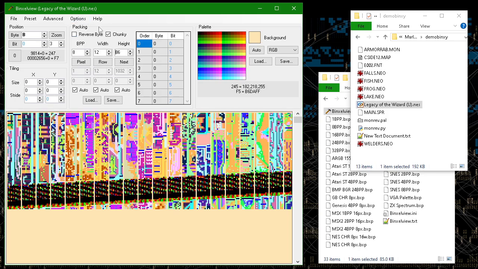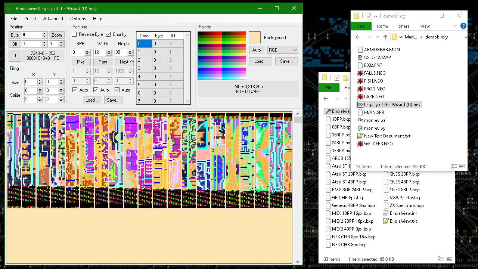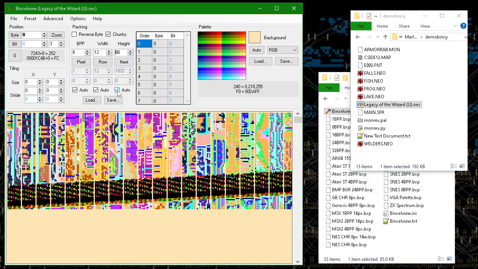So this is where I want to talk about the packing window, and it just tells you how bytes are packed. Normally the auto button means that you have 8 bits, it'll read a pixel, then it moves on to the next 8 bits. It's all contiguous. That's what auto means. And then after 12 pixels, we move on to the next data in the file. So at this height, I don't know if it's 85 or 86, but it seems to be somewhere in between, right?